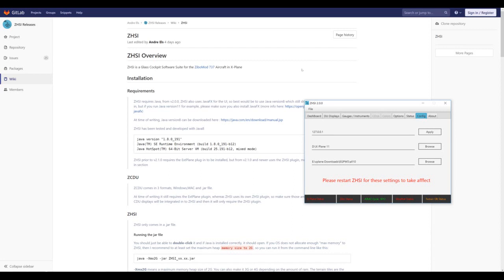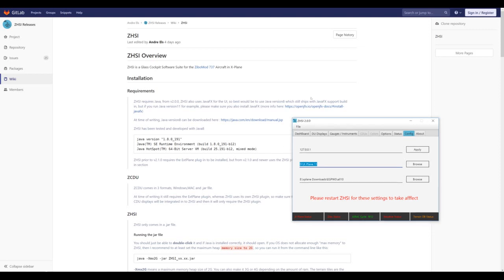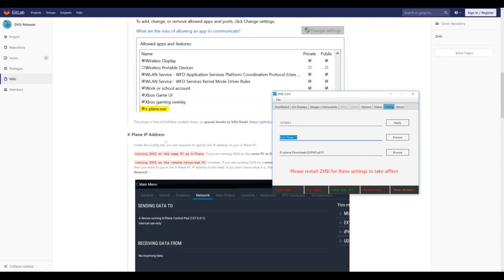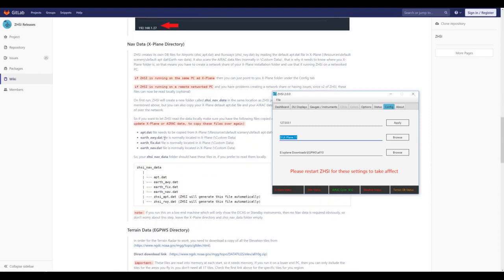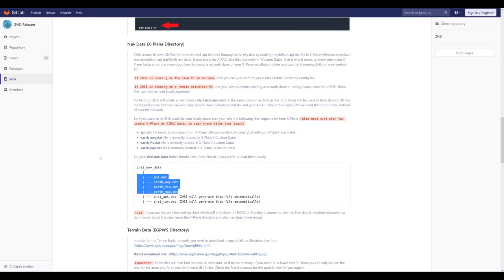Okay, so we're back on the main explain PC. I've explained to you I know how to do this network drive over here. Obviously on my local PC I don't have to worry about it, I'll just put my local drive in there. Where were we? So if you don't want to do the network PC thing, like I've explained, copy those 4 files, it'll read them locally. You don't then have to even worry about